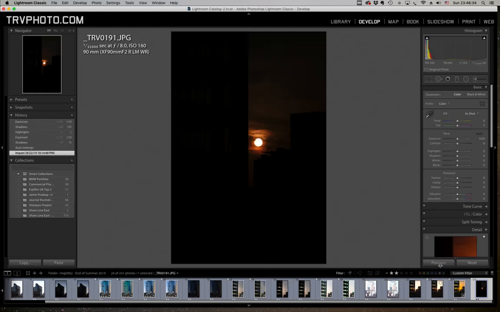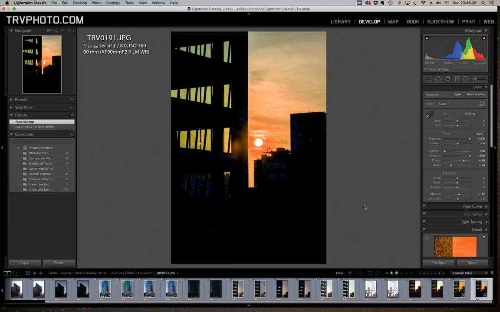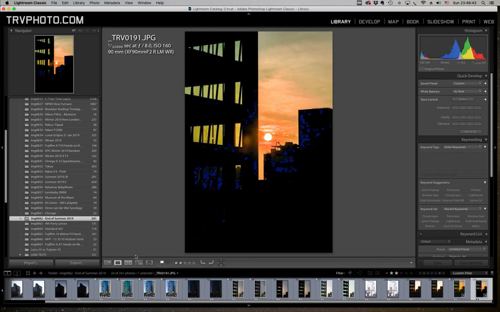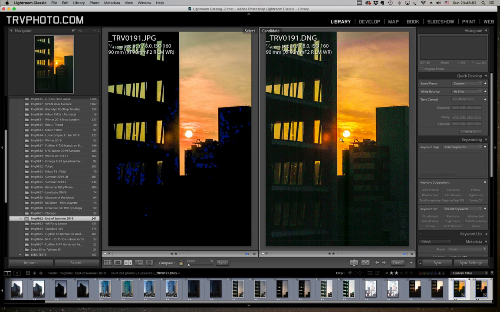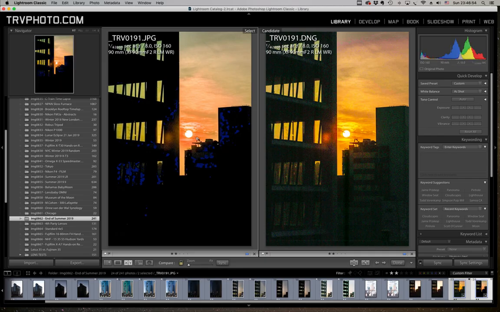And same thing to the JPEG. Now that's a gigantic difference. Again, if you missed the exposure that badly, you probably are going to walk away from this photo. But in this example, you've got,